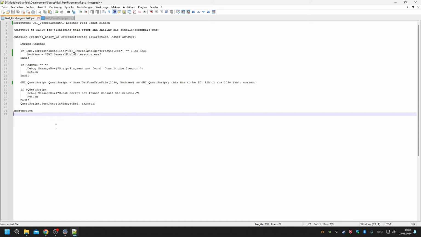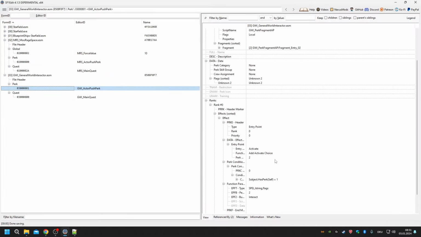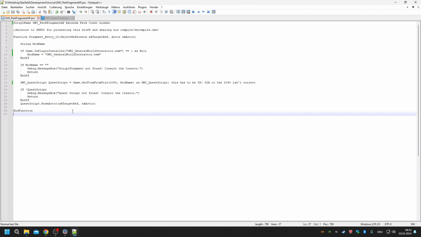So, and then when the perk is added to the player, whenever, and defined here, it will automatically show the interaction menu, and when you push the interaction key, it will do that. It will always do that as well, okay? So it shouldn't be here, should only be happening one time, but it isn't wrong to do that every time you execute that. So whenever you execute the key, it will say in the quest script, and you define it here, and that's how you define a script property, exact name without PSC. Then you say quest script, which is the